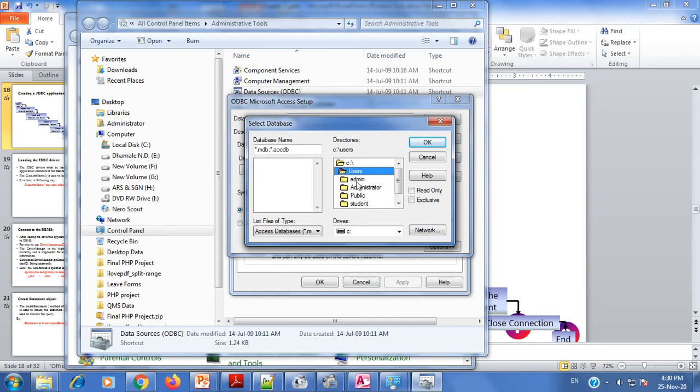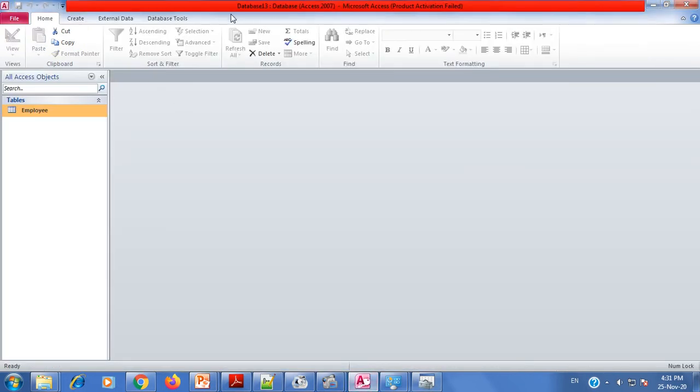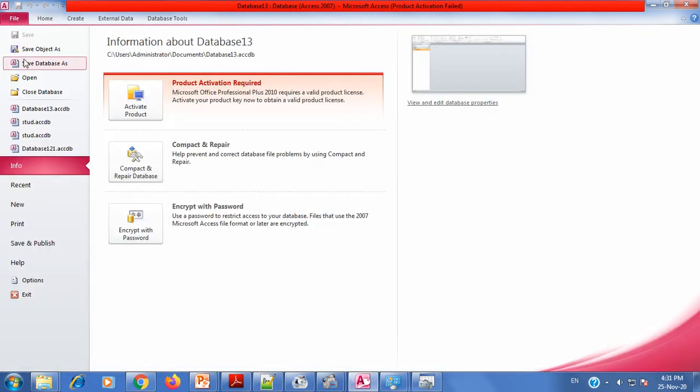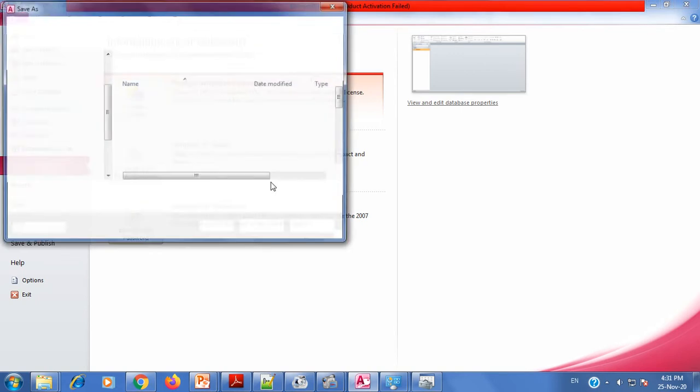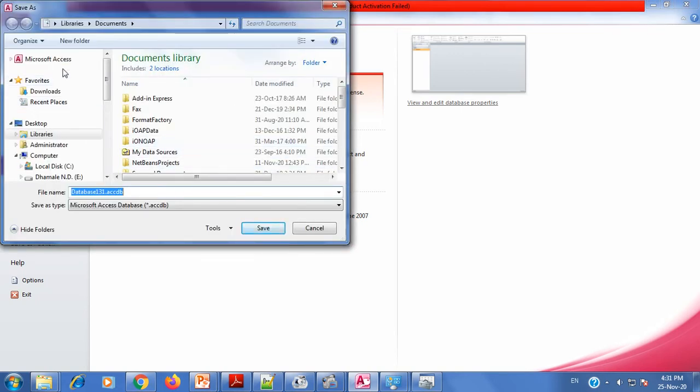C: users administrator, in the documents part. Let me check whether my Access table is present. Suppose we saved my database in a different version. Okay, it is in the libraries part.